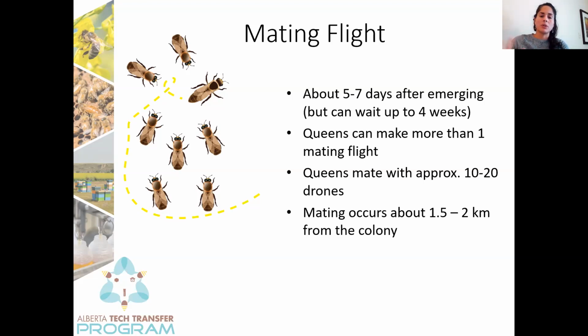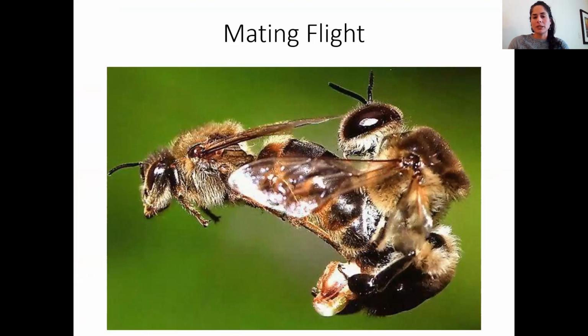So she goes about 1.5 to 2 kilometers, and that's where she mates. Queens mate on flight. So they will fly, the drones will find her, and they will mate there on flight. When the drone mates with the queen, just after the mating occurs, the drone falls back, and when it falls back, it breaks